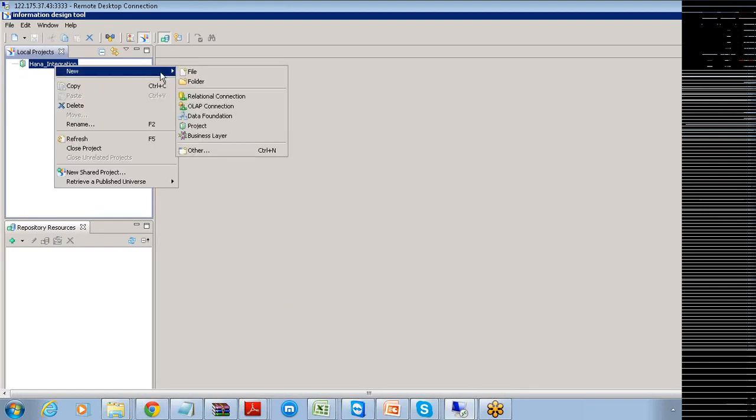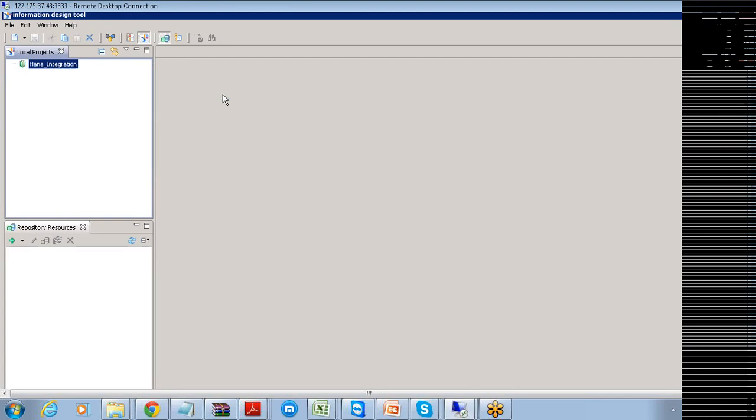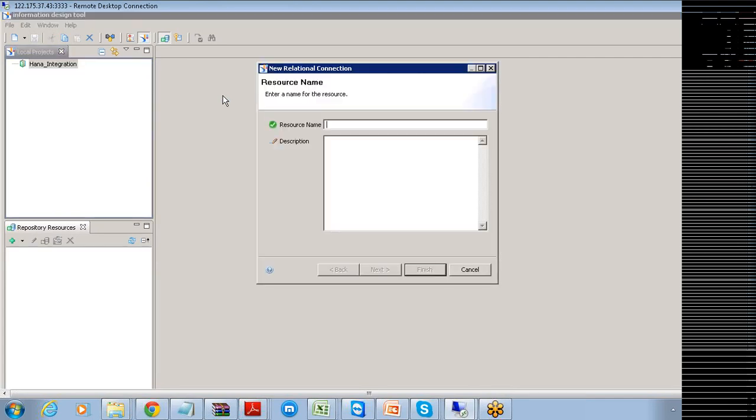When you click on this New, you're going to have this relational connection. You're seeing, right, relational connections, and the second thing is the OLAP connections here. When you select this relational connection, it will ask me for the connection name that I need to use for connecting to this SAP HANA database.